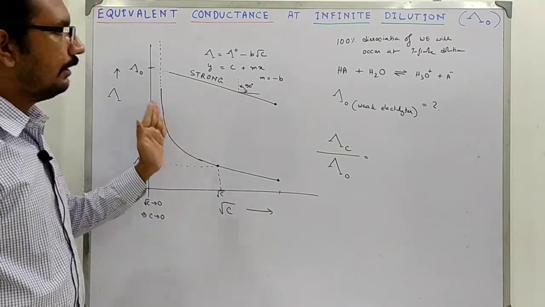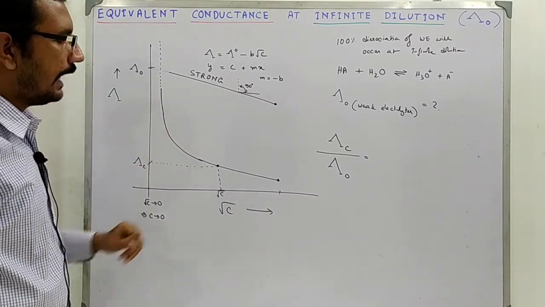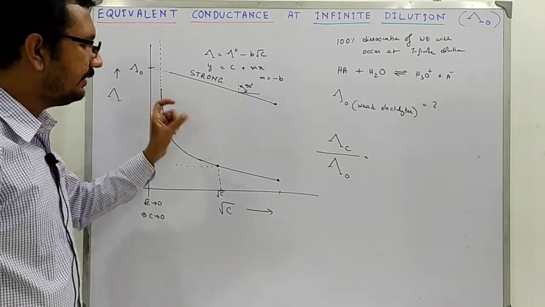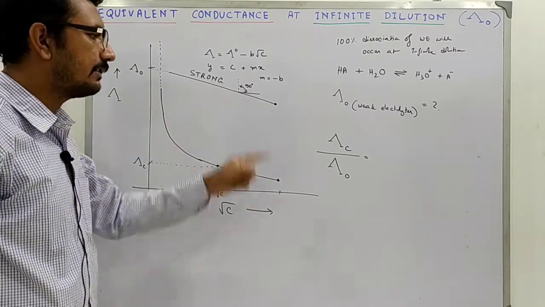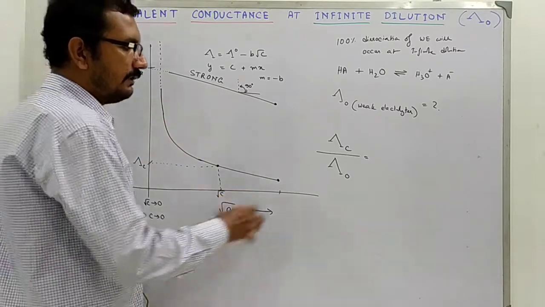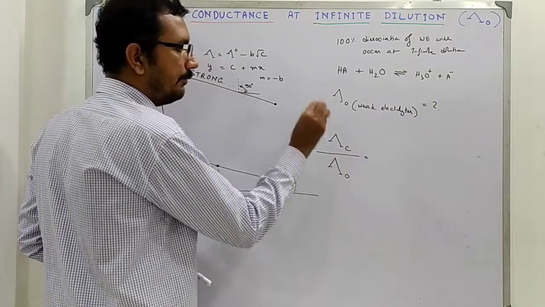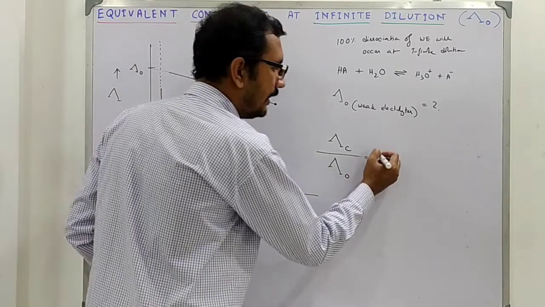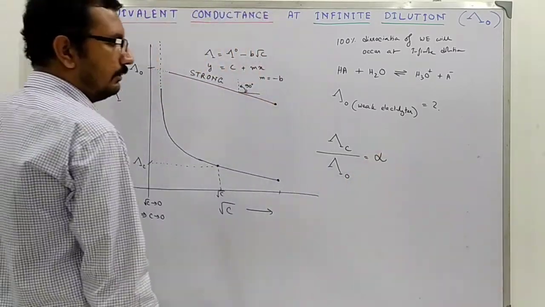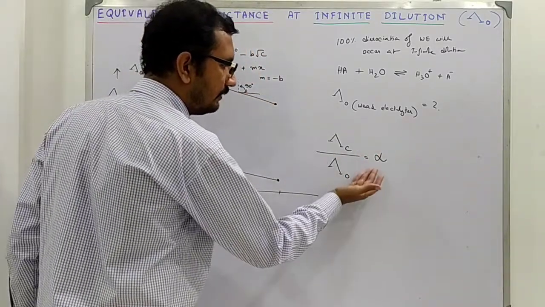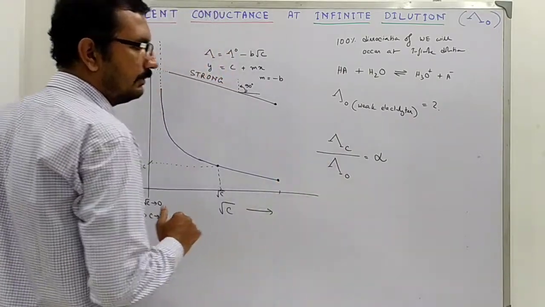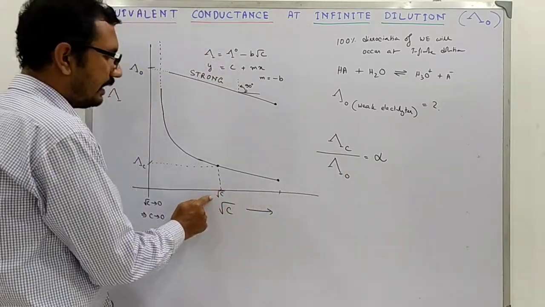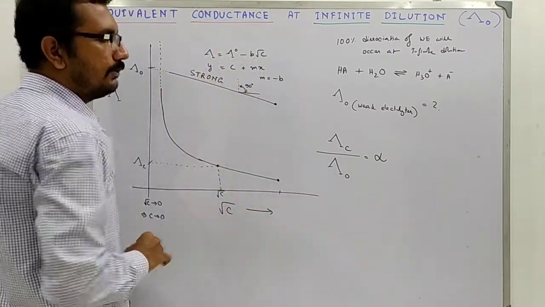from the electrolyte taken, and at any particular concentration what will happen? We will have a limited number of ions, which is a characteristic of that concentration. So, if this represents 100 and this represents the number of ions that are dissociated at this particular concentration, then what will it give us? It will give us the degree of dissociation. So, if it is 0.35, then what will we realize? We will realize that at this concentration there is a 35% dissociation of this weak electrolyte.